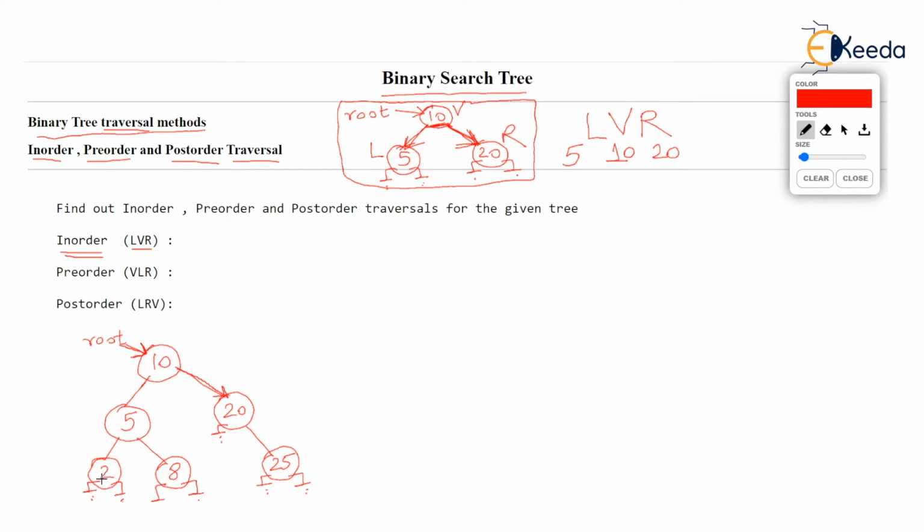So we are at 2 for the first time. Can we print it? No. Before we print the vertex, we should first attempt to print the left child because the rule is LVR. But you notice left child of 2 is null. There is nothing to the left of 2. Hence, we can say that we have finished with left child of 2. So we can now print 2. Vertex can be printed.